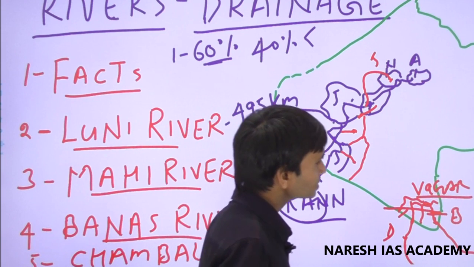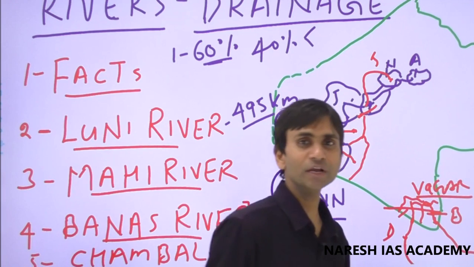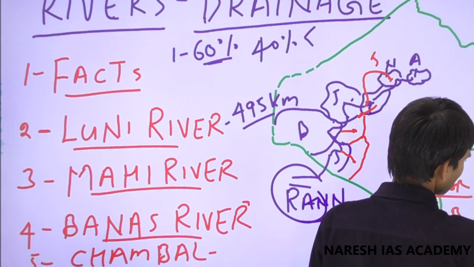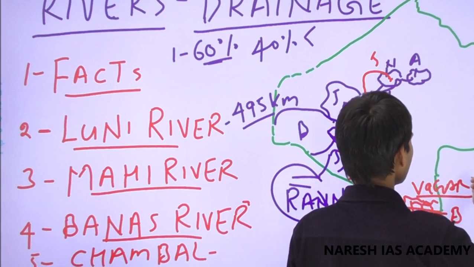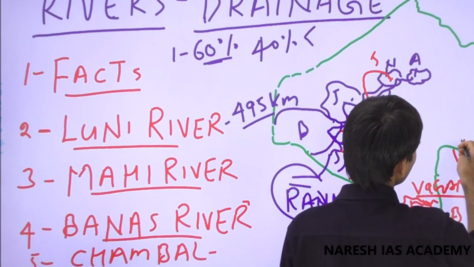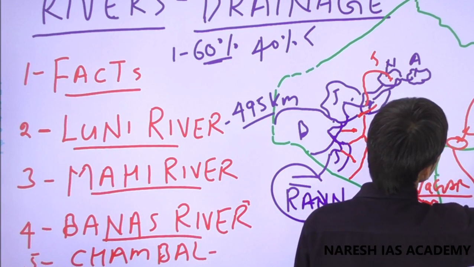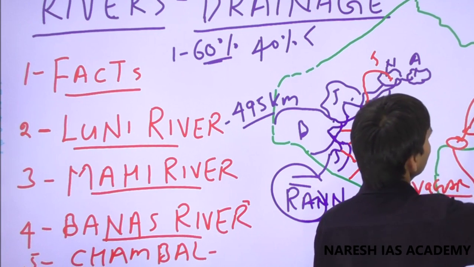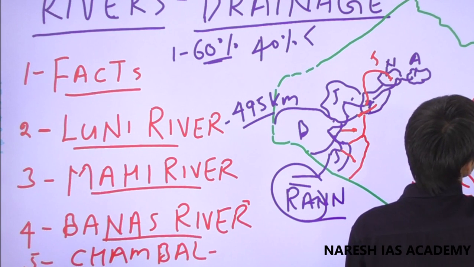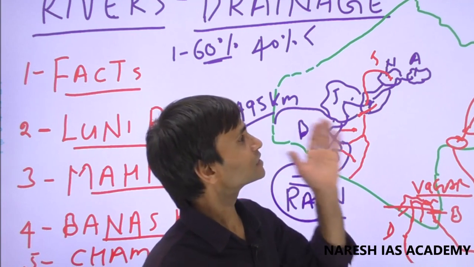And the important river is the Chambal river. Chambal river also has its origin outside Rajasthan, in Madhya Pradesh, and it enters Rajasthan from the Chittorgarh district. Then it flows along the border of the Bundi and Kota districts, and finally enters the Sawai Madhopur district, Karauli district and Dholpur, and from Dholpur it enters Uttar Pradesh.